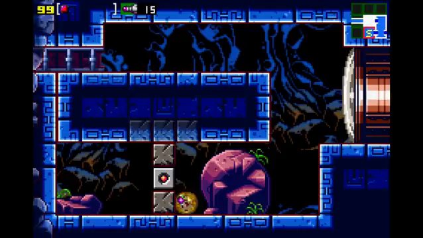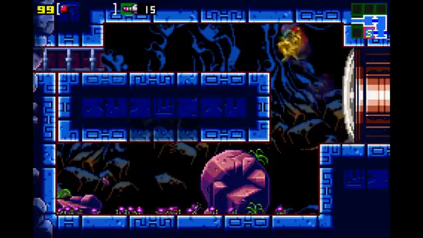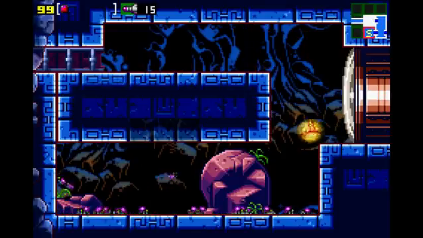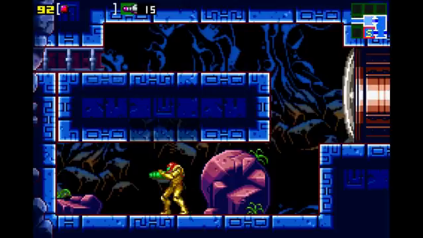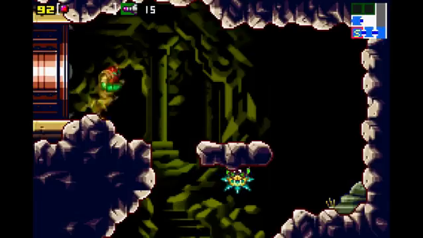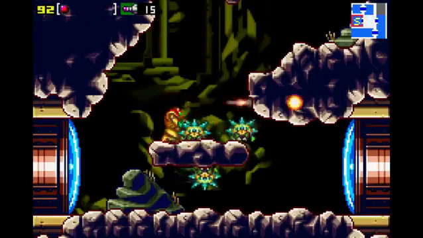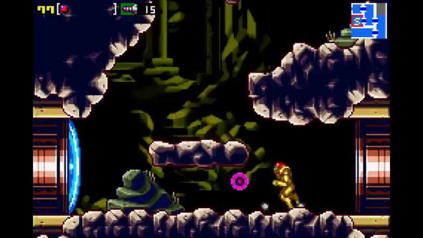Also, don't do what I'm about to do. Yep. Oh wait, you have to. It requires it. Okay. Then ignore what I just said. Do that, because gray doors, man, awesome. Anyway, I completely skipped over